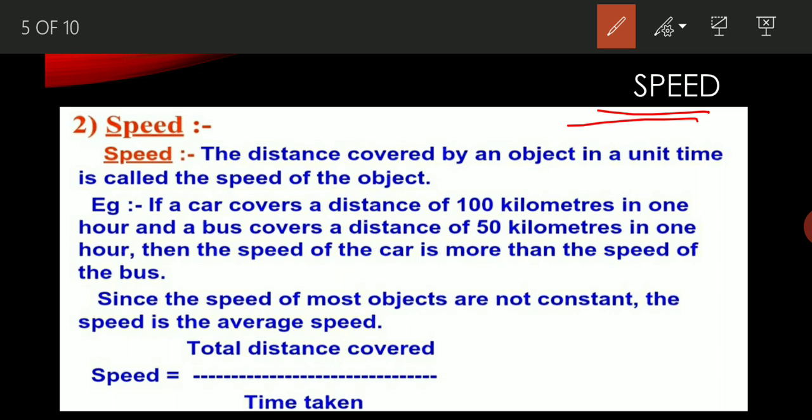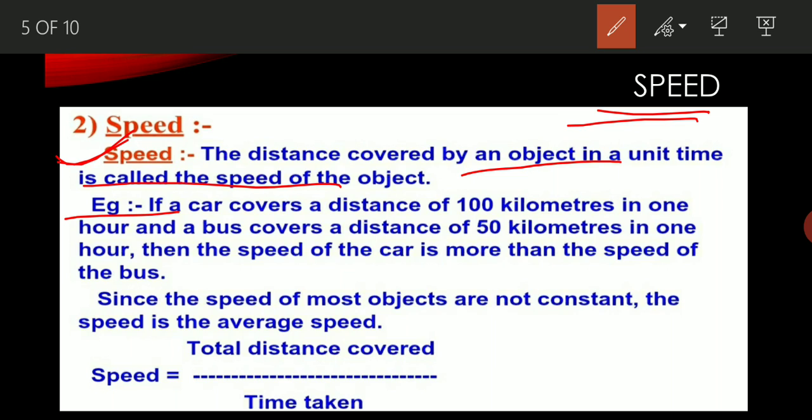Now the next thing, that is speed. All of you are very familiar with this term. All the time when we talk about any vehicle, train, aeroplane, helicopter, we always talk about speed also. So what is speed? Speed is just the distance traveled by the object in unit time. Means if you are talking about speed, the total distance covered in the given time will be calculated as the speed of any vehicle.